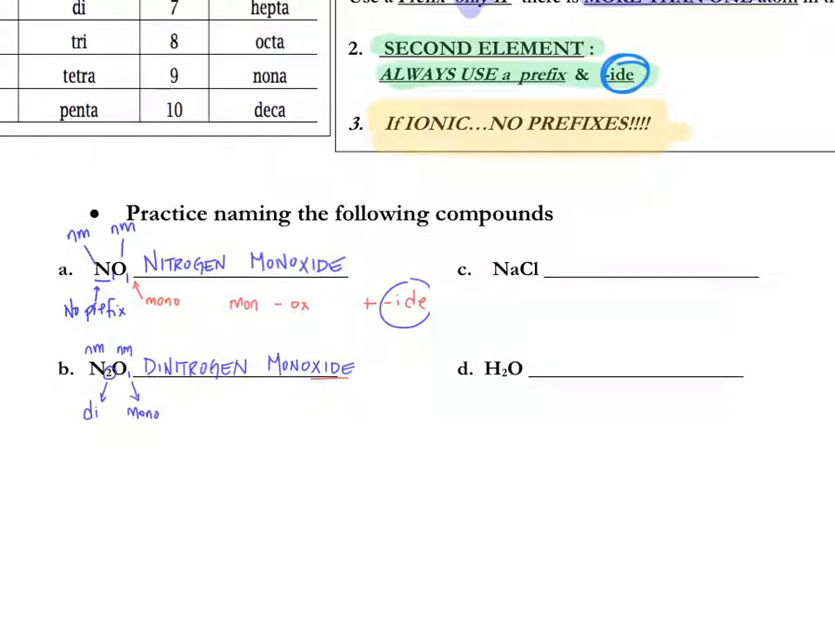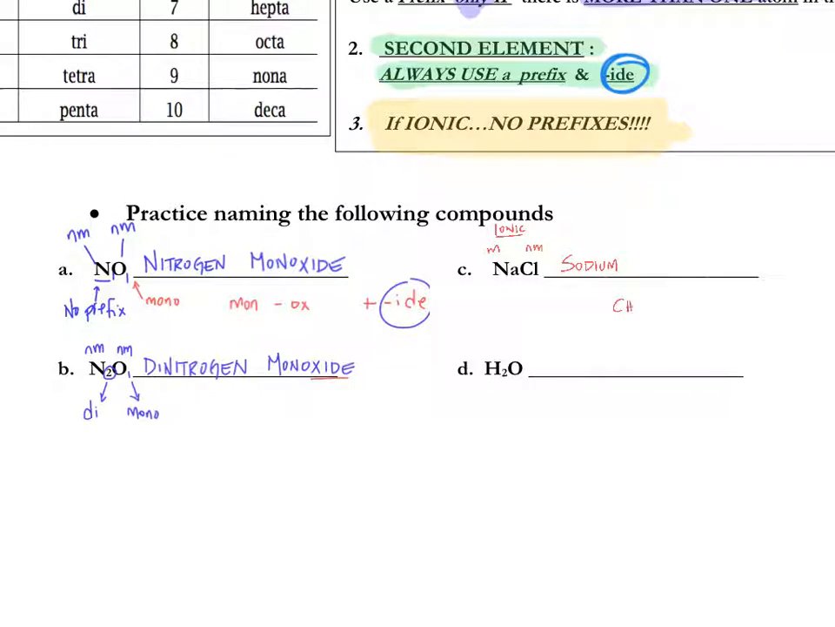My third example, over to the right, is between sodium and chlorine. Sodium, if you look in your periodic tables, it's on the left of the metalloids, so that makes it a metal. Chlorine is on the right side of the metalloids. It's a nonmetal. So this is between a metal and a nonmetal. This is an ionic compound. So if it's ionic, we do not use prefixes. So we're going to use the full name of the metal, which is sodium. And then chlorine,